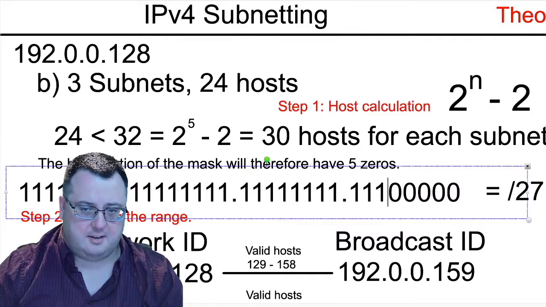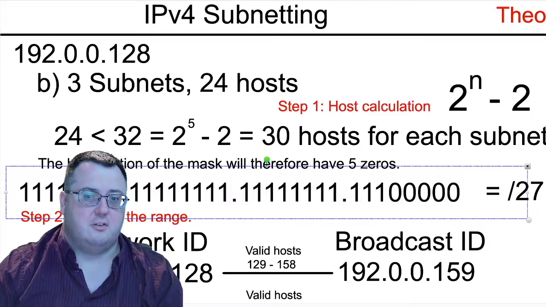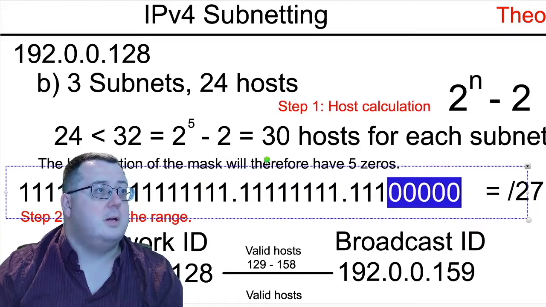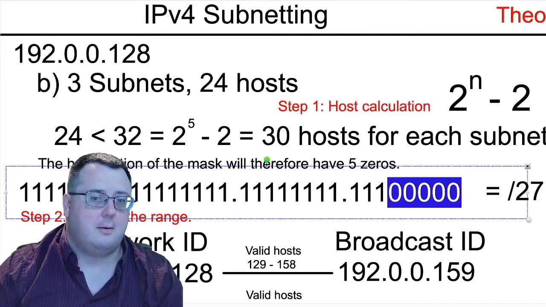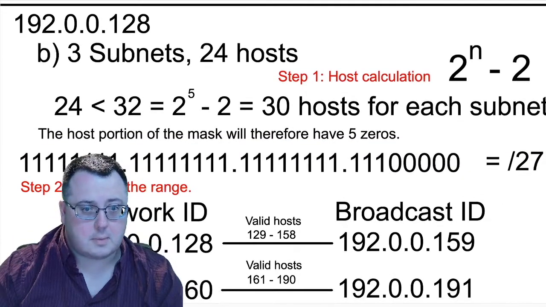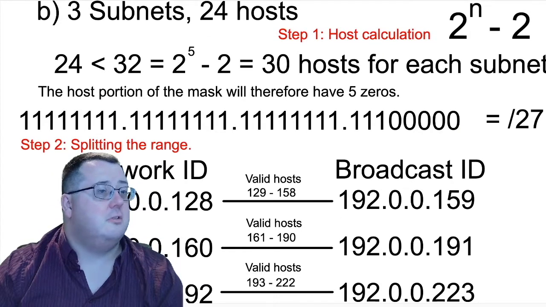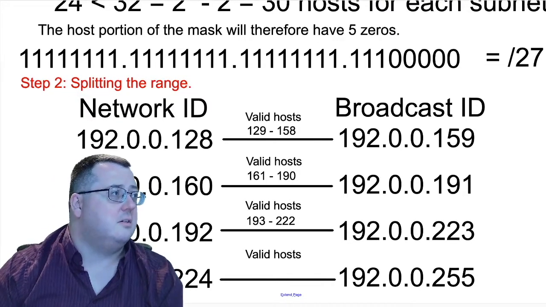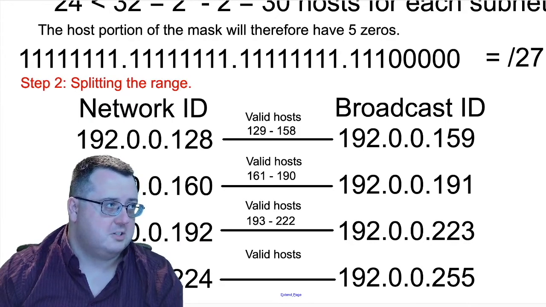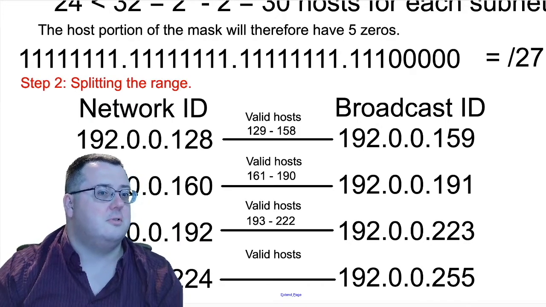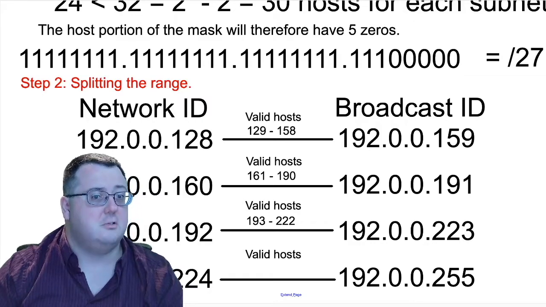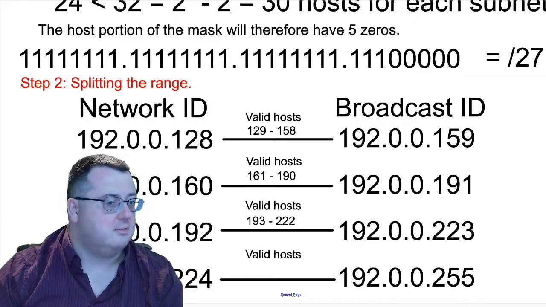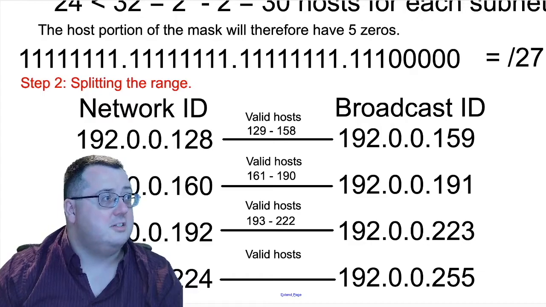And you can see here, those are your 5 zeros on the end. There we go. All the rest is going to be ones, meaning we're going to have a /27 subnet mask. So we need to then split the range into those various different subnets. So we're starting at 128, which was the second subnet from the previous question, and we're going to go up in 32s after that. So add on a 32 to 128 gives me 160. Add on 32 to 160 gives me 192. Add on 32 to